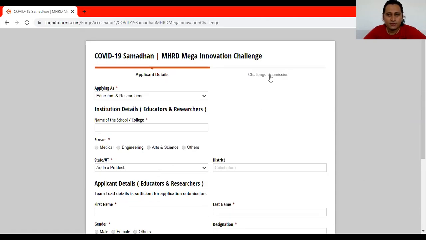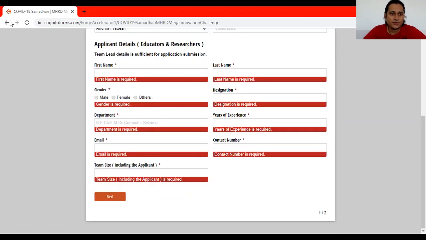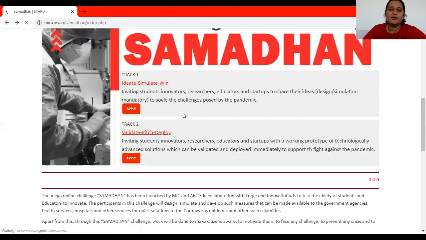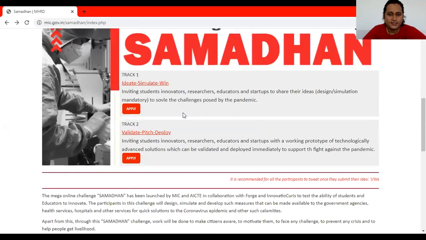And next, if you go, this is the same challenge form I showed earlier, the challenge submission form. You need to select the theme you are selecting for, your idea and all the things. Okay, so these are the 2 tracks available in Samadhan, the MHRD Mega Online Challenge.